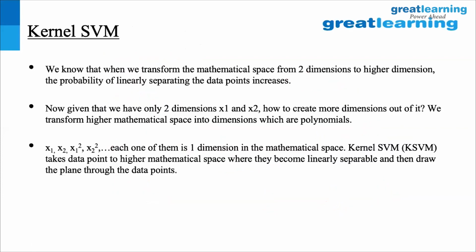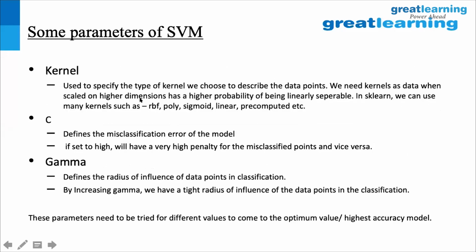Typically, it's about x square and x cube that we superimpose. I mean, we stop at the third degree of polynomial. We can go up to 4, 5, 6, 7 multiple degrees, but right now a third degree polynomial should be able to give us a nice clean separation and fit on the polynomial equation there, right? So there are three very important parameters of support vector machines, and I'll also add some key usage that is not discussed in the videos as well. I think that's very important. Now, the kernels: the whole idea is to superimpose the data from a lower dimension to a higher order dimension, right?